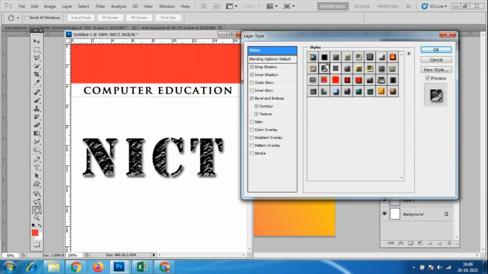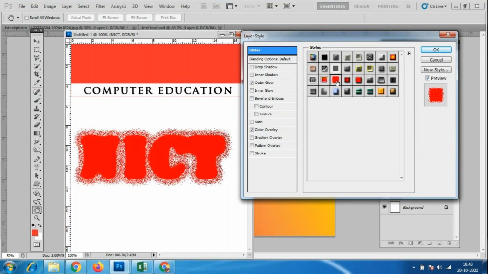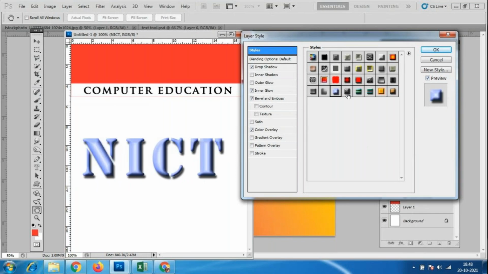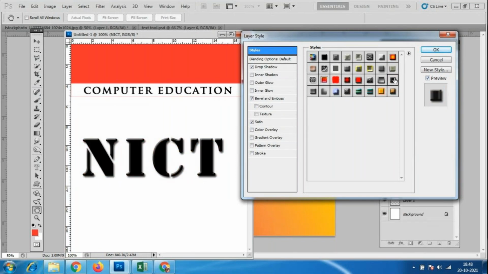You just have to click here and apply it. So everything is very ready-made here. But look at what options I'm selecting and what tools they have used: drop shadow, bevel and emboss, gradient overlay, so many multiple things.